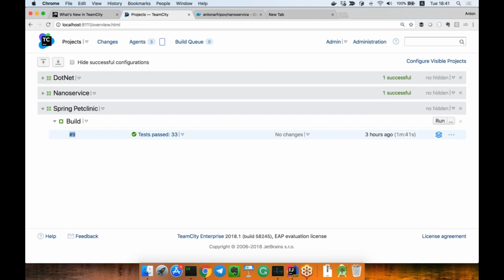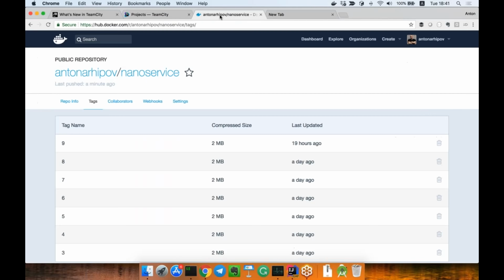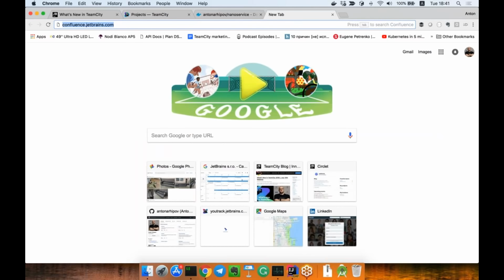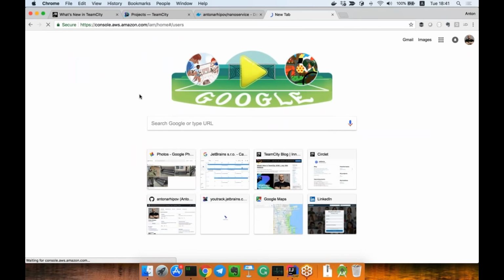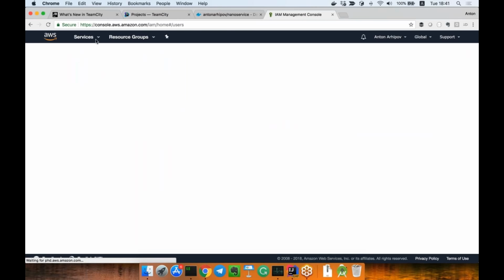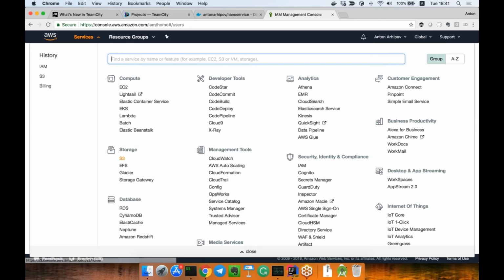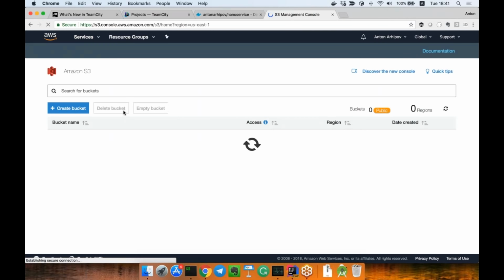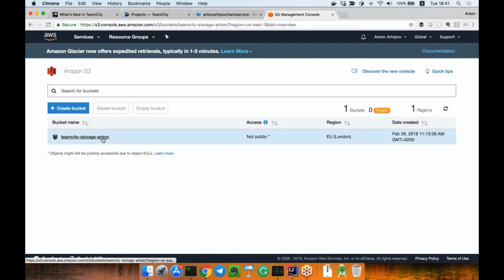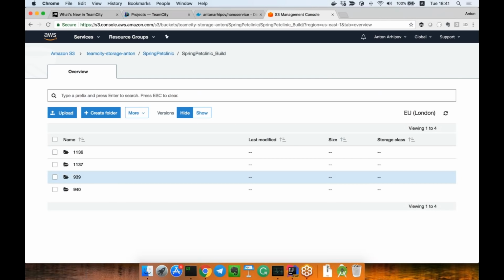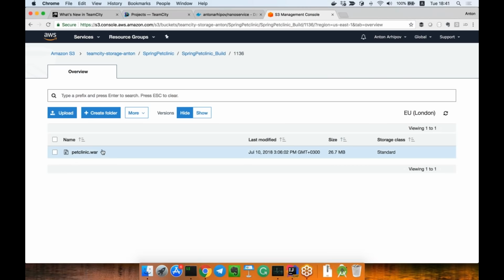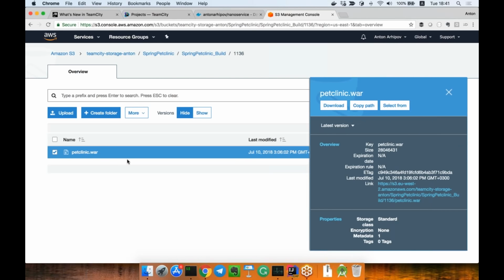So yeah, it's build number 9, and a few artifacts should be stored in there already. If I go to the S3 console and check what's in the bucket, I will see the bucket itself, and I can browse and see that Spring Pet Clinic was already built, and I have a few artifacts in there, and the Pet Clinic war is the one that we have defined